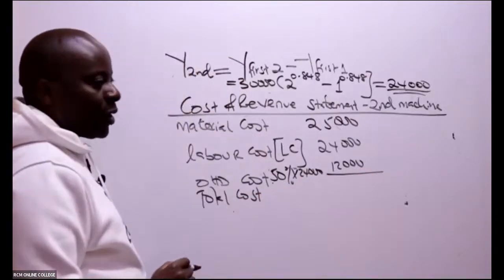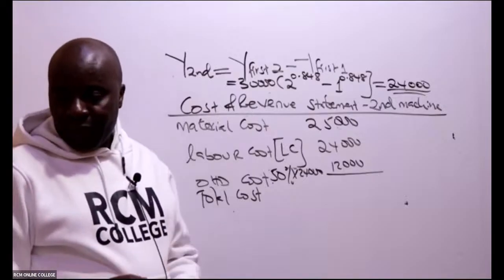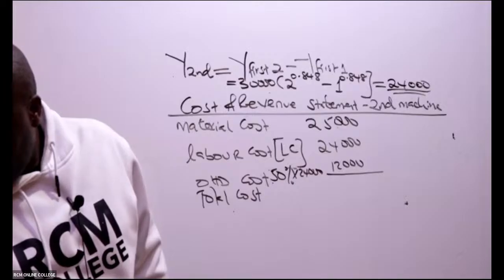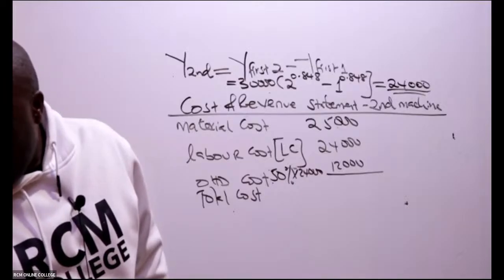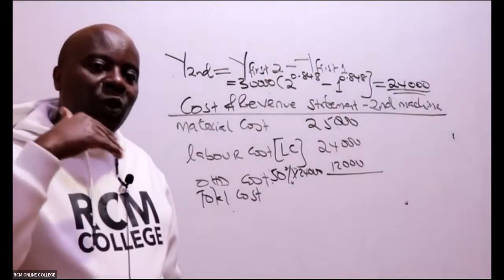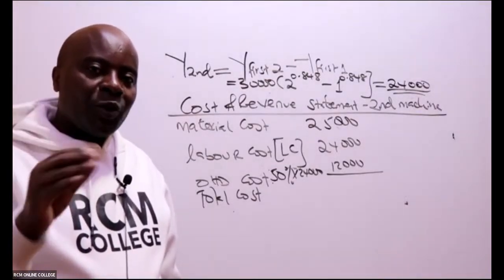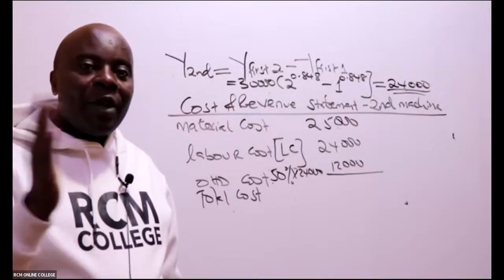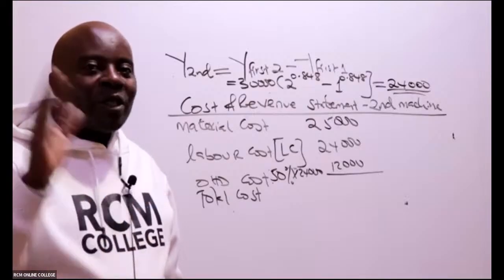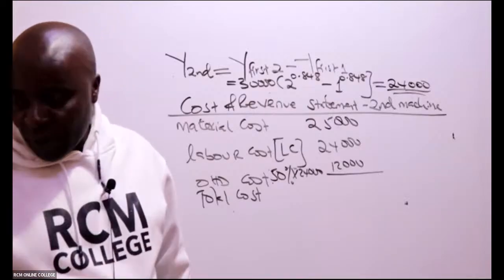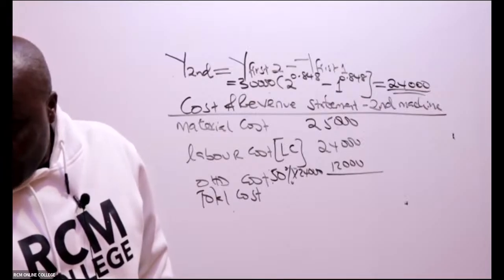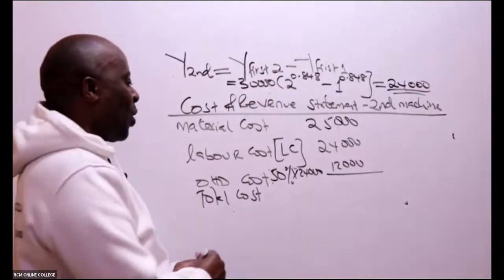Tinega, you can use 2,000 and still get the same answer, although you'll go a longer way, because first you'll have to get the total number of hours and then multiply by the rate. If you're able to see the cost of making the first unit, always use the cost. So the total here is 61,000.